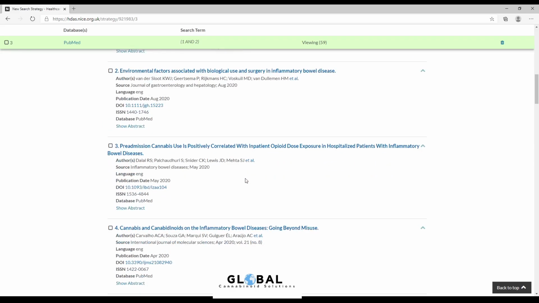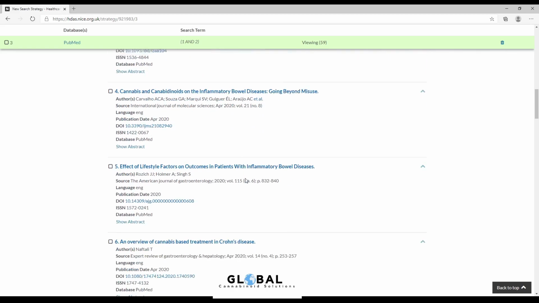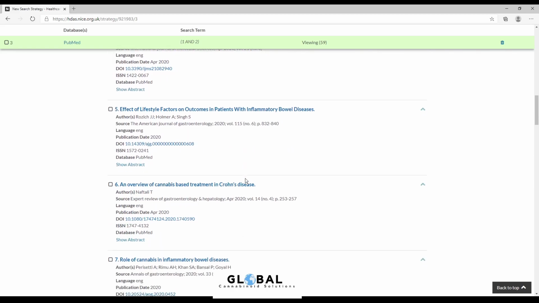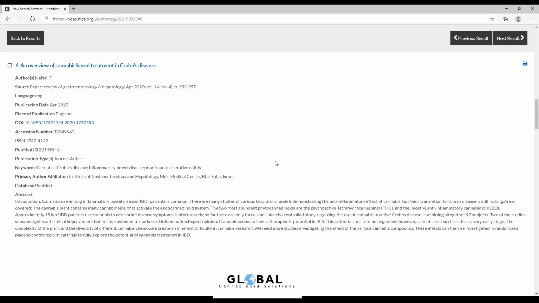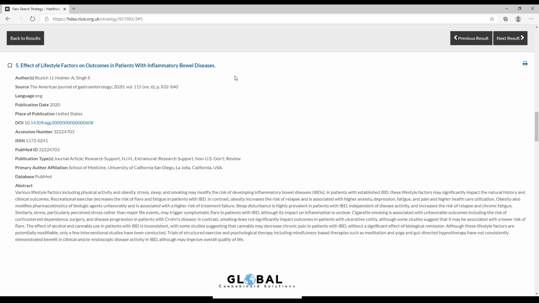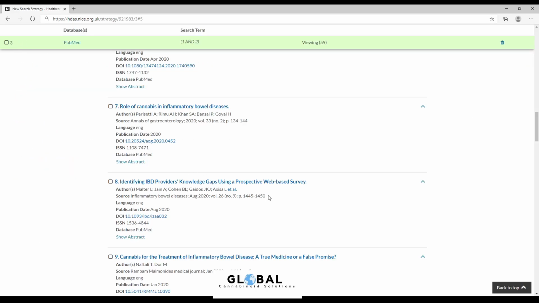And so let's take an example one. An overview of cannabis-based treatment in Crohn's disease. And so you've got the abstract here, a little bit of information about the 93 subjects who were part of this placebo-controlled trial. And so you can get an understanding firsthand of what